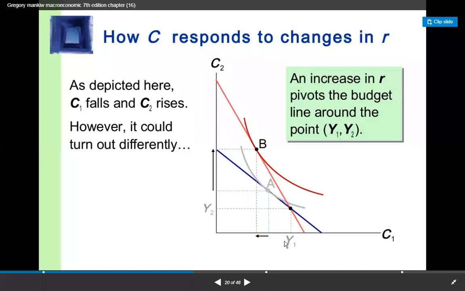From Y1 they will save more, and they will consume less in current consumption, in current time period. As a result,